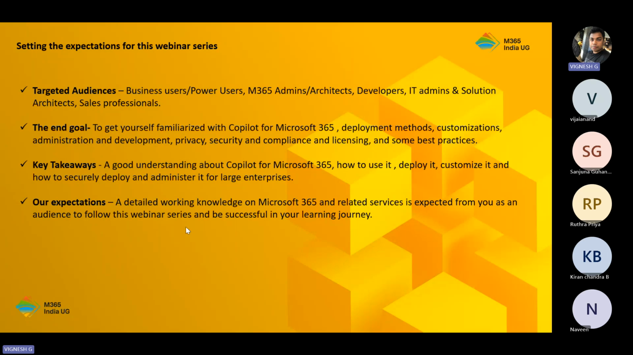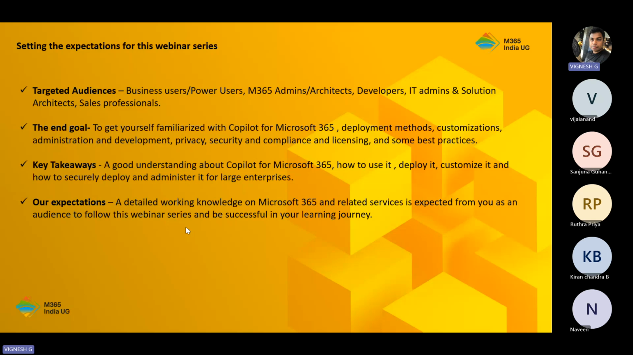The end goal is to make sure that you familiarize yourself with the Copilot for Microsoft 365 concepts. You understand the deployment methods. You understand what it takes to customize the experience of Copilot for Microsoft 365. And if you're planning to do some development, what does it take? And what about privacy, security, and compliance? Today I'll be talking at a very high level on privacy, security, and compliance. But of course, we'll be having deep dive sessions on them in this journey,